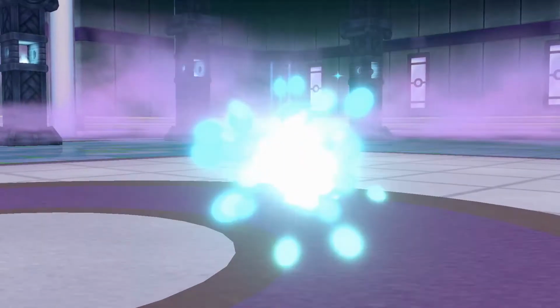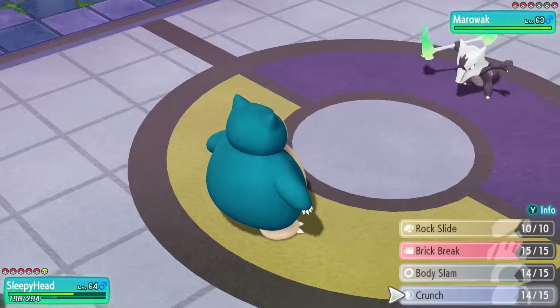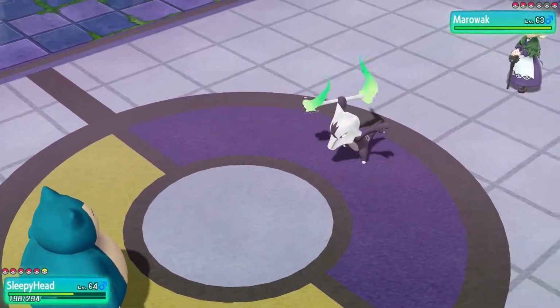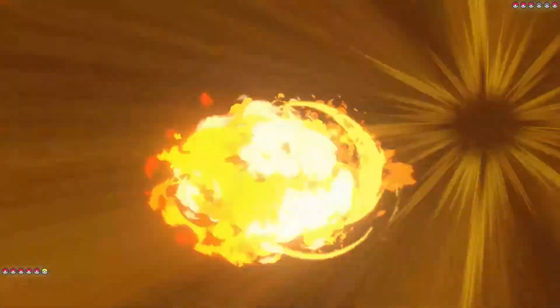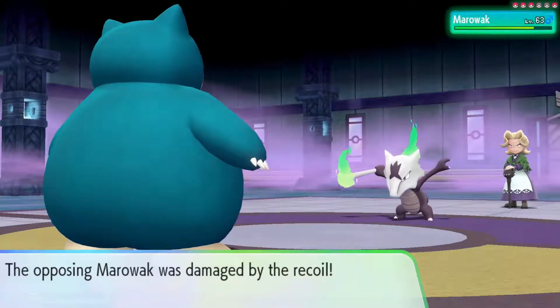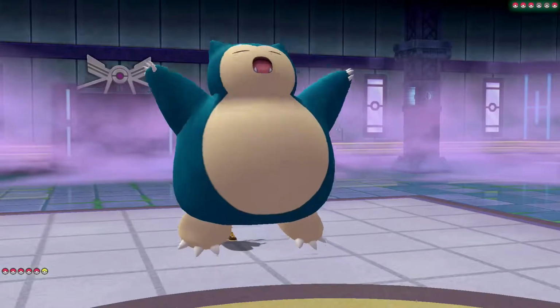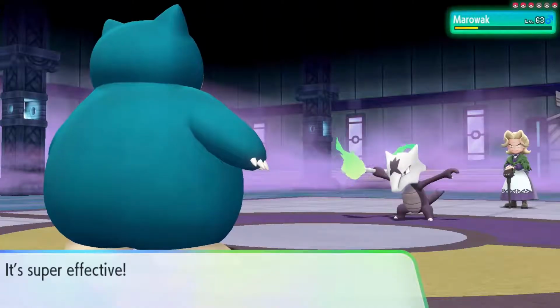Marowak. That's right. So I had almost forgotten. I was thinking, oh, Marowak. So this is going to be the ground version, the Kantonian Marowak. And then at the last minute, I was like, oh, you know what? No, the Alolan Marowak is a ghost type, so I bet that's what she's got. So I stood in with Snorlax because I've got Rock Slide, so I decided to go for the Rock Slide